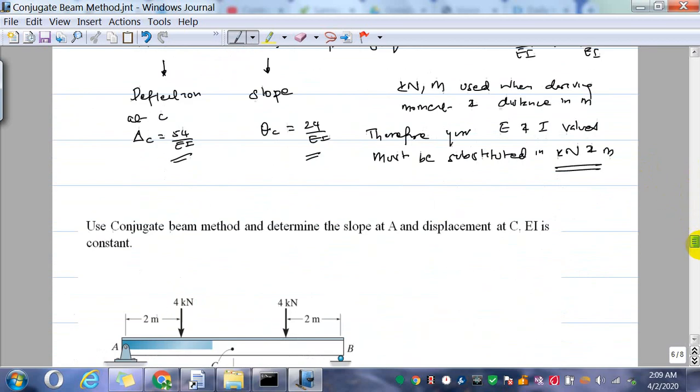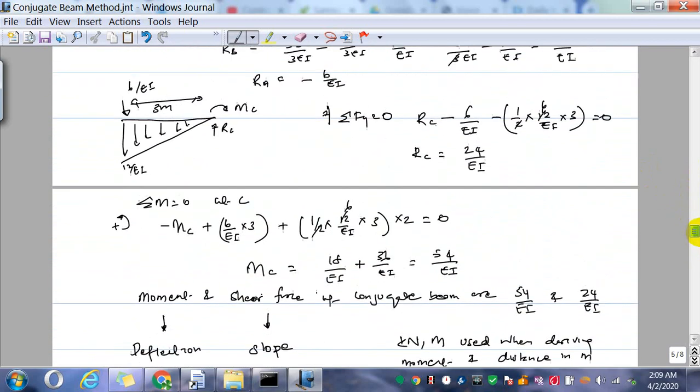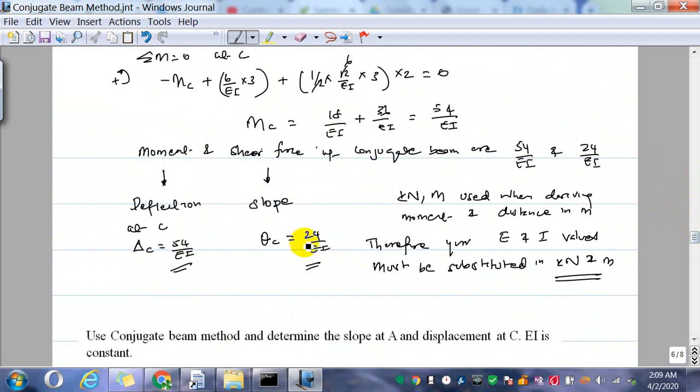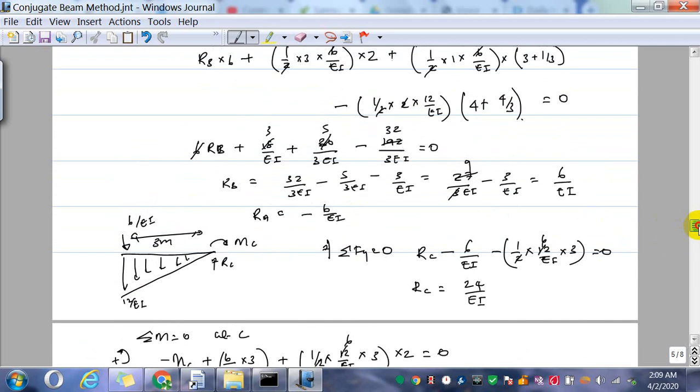So here I marked upward, so I marked in the opposite direction and I got a positive value, which means based on sign convention, the shear also should be negative, deflection also should be negative. That means the deflection is downward and the slope is clockwise,